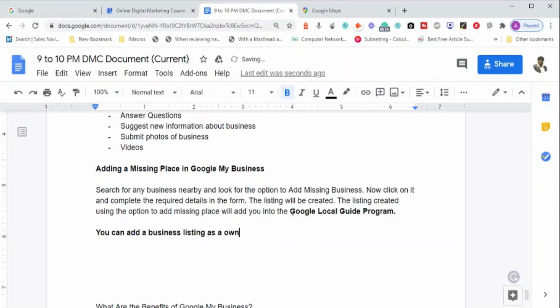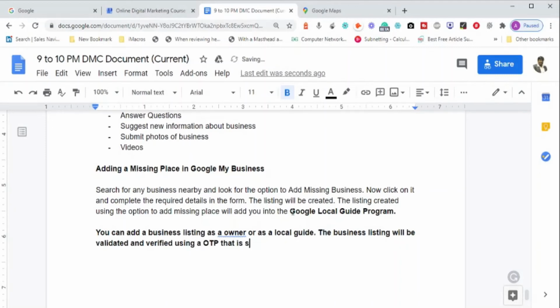That's what we did around a couple of days back. Or as a local guide, the business listing will be validated and verified using an OTP that is sent to your postal address or your mobile number, based on the situation.